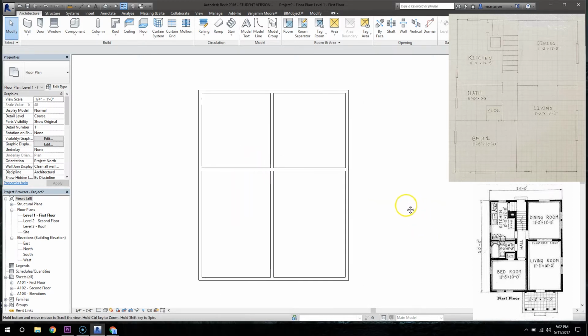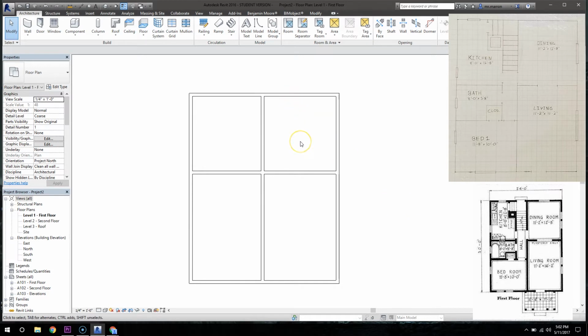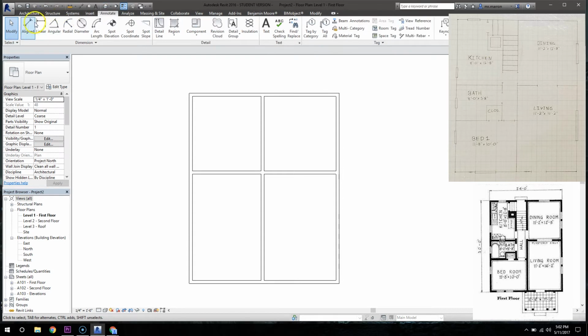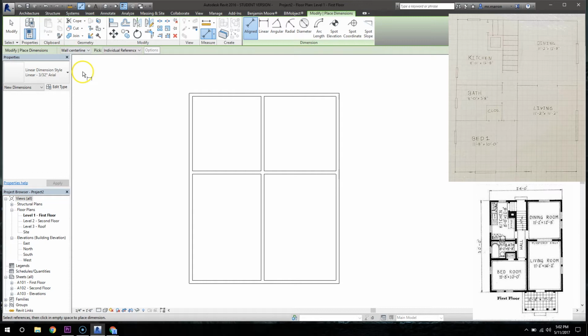So first thing I'm going to do is make sure that my exterior dimensions are correct, and I can keep moving forward from there. In order to do that, I'm going to go to my Annotate tab right up here, and I will select the Align Dimension tool. To make sure I'm getting my true outside to outside dimensions, I'm going to change this from wall center line to wall faces. I will now select the exterior faces of my house, and as you can see here